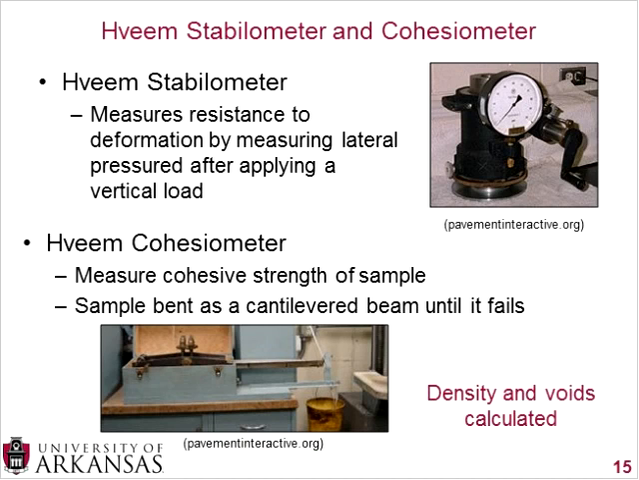Then there's a couple of tests to see how the samples perform. The first one I mentioned is the Hveem Stabilometer, and this had a little diagram a couple slides ago. To the right is a picture of the stabilometer itself. And what you do is you measure lateral pressure after applying a vertical load. So you push down on the top and the bottom and see how much the sample expands outward, and you can hook that to a pressure gauge to record how much pressure is being put on the sample in that outward or lateral direction. Another test is a Hveem Cohesiometer, and there's a picture of that on the bottom,